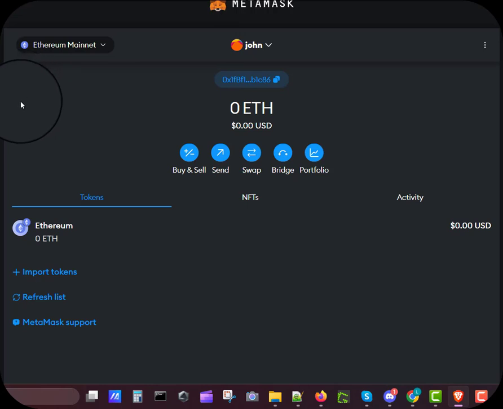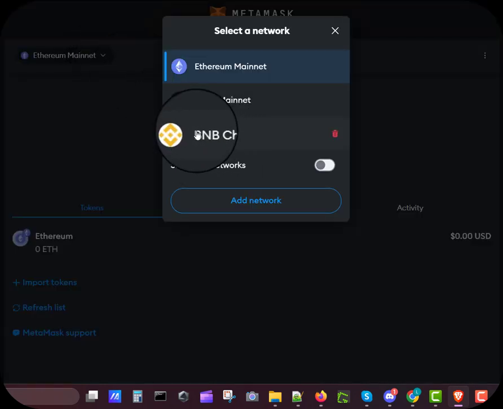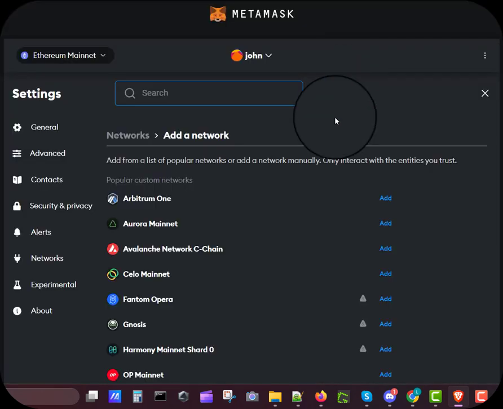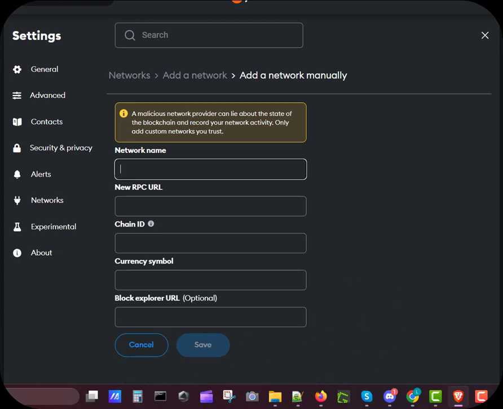Okay, so I just want to show you another way how to add the network in case you can't add it automatically. It's not showing you the option for some reason, right? Right, for example, the BNB is not here, so we will go and add the network manually. Okay, so in this case, we'll add the same BNB network, yeah? It would be BNB